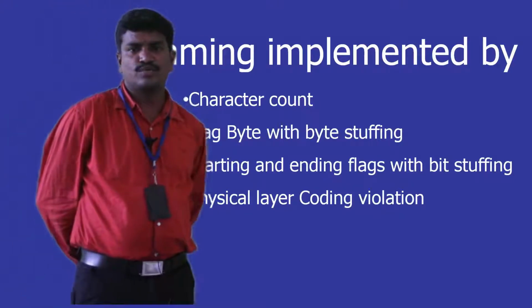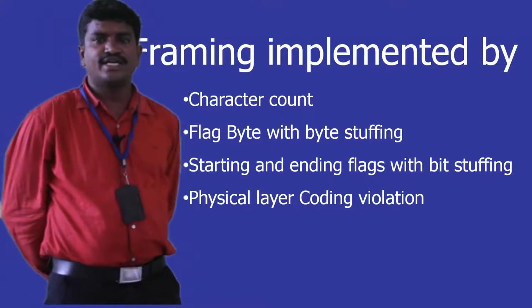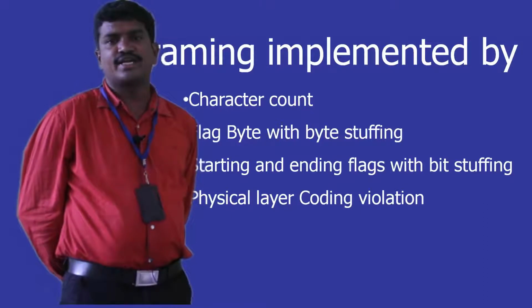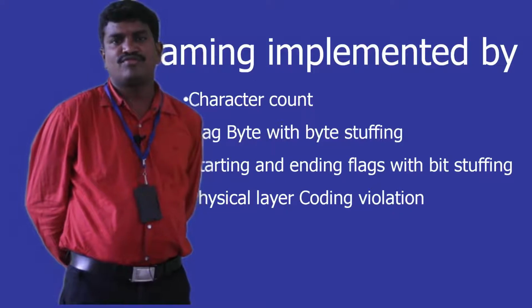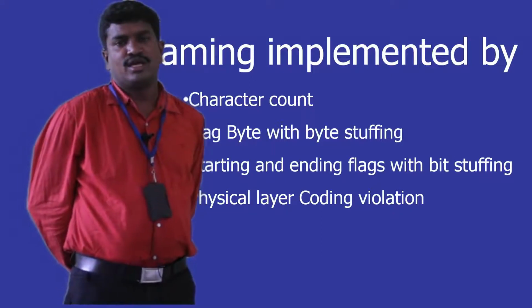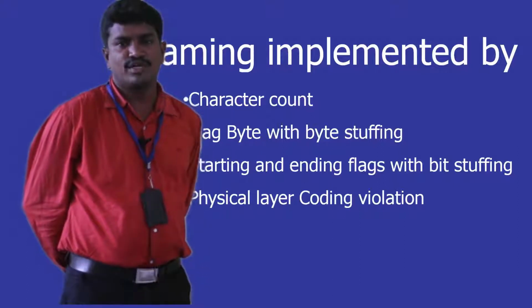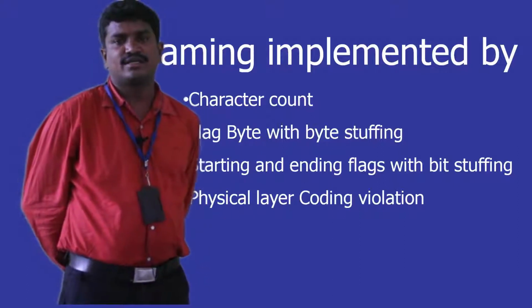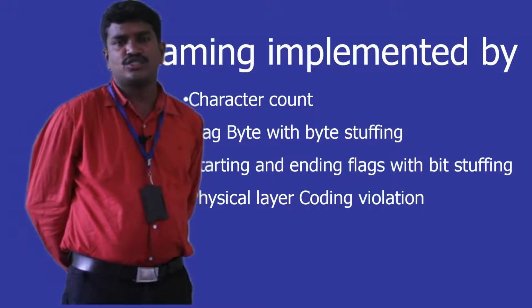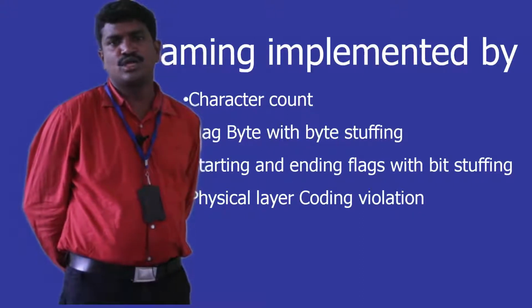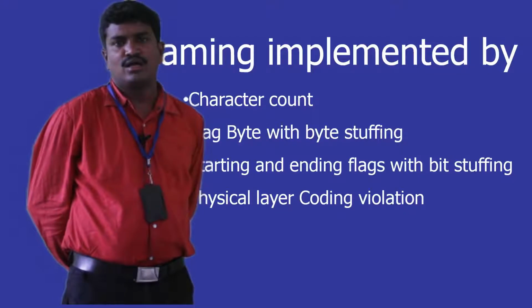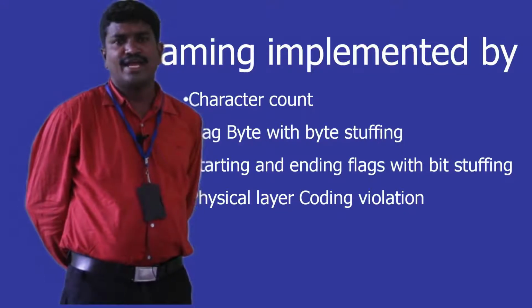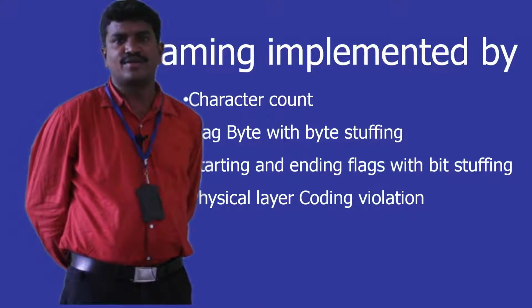In case of character count method, the frame itself contains one number and that number will indicate the length of the frame. So at the beginning of the frame, if there is a number 50, then 50 characters are considered to be a frame. And the next frame beginning with, let us say, 40, then 40 bits are considered as that frame. Likewise, character count is used to determine the length of the frame. And if you know the count, then there is no need of including an end of the frame character, because the length itself indicates where it is going to end.